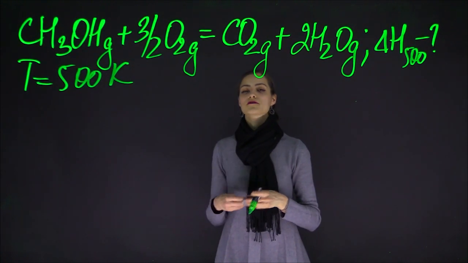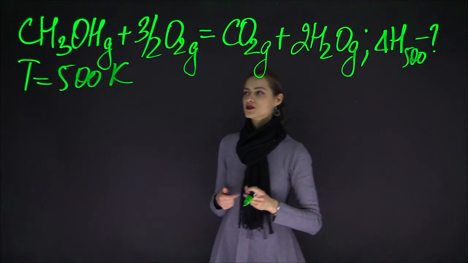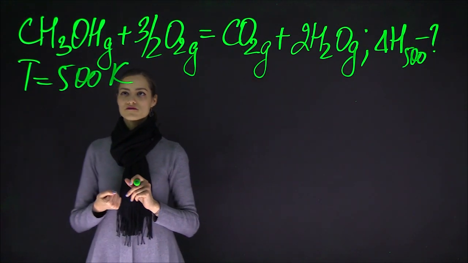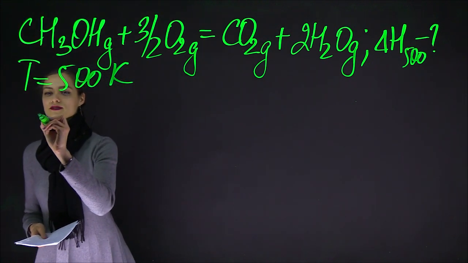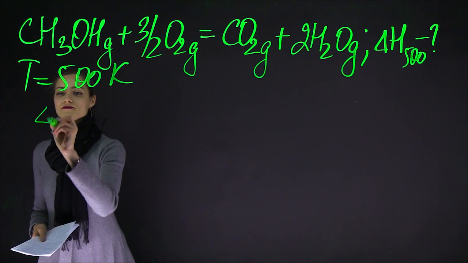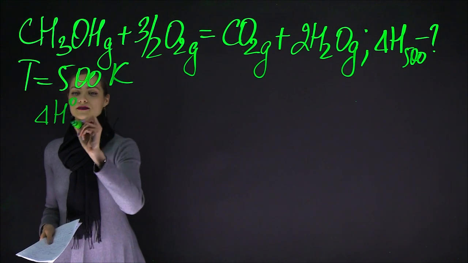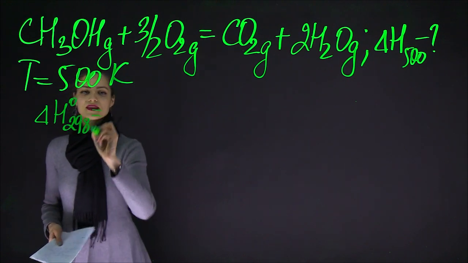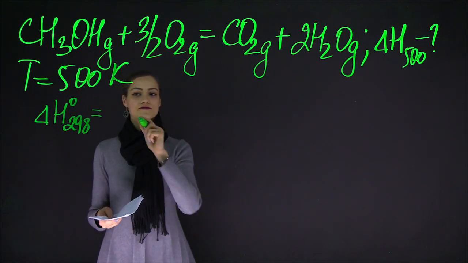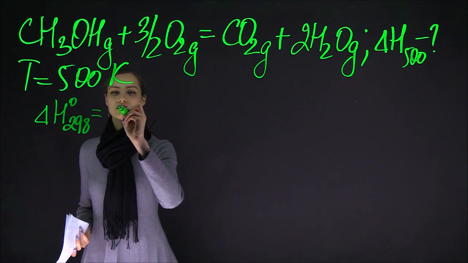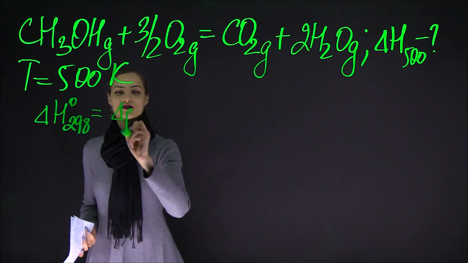So here we have formation reaction, and we need to use first consequence from Hess law. So we can calculate heat effect in standard condition like difference between standard heat of formation